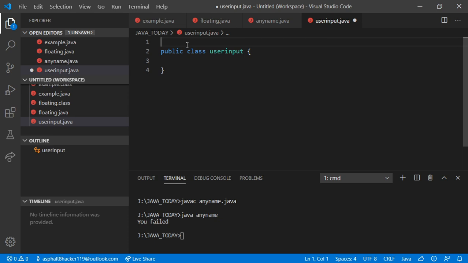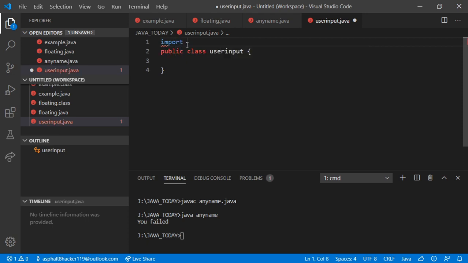Here it is a package, not another class. Since the class that we are going to use for taking user inputs is not in our folder, we have to import that. See here, polymorphism and inheritance is working. You are not rewriting the whole code to take in user input. You are simply using a class that has already been created by Java developers. So it is saving you much time. Okay, so let's import